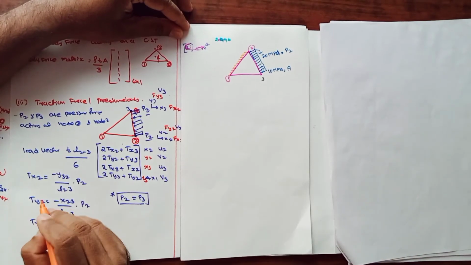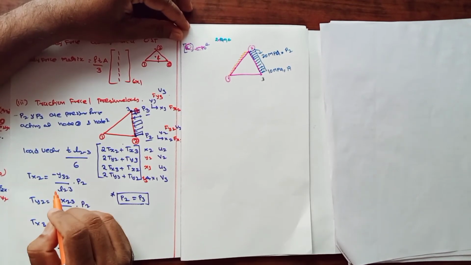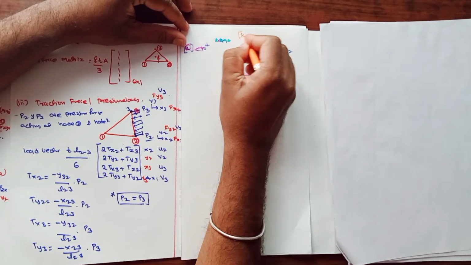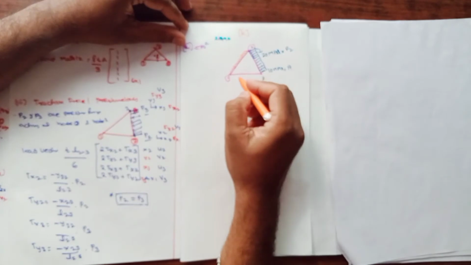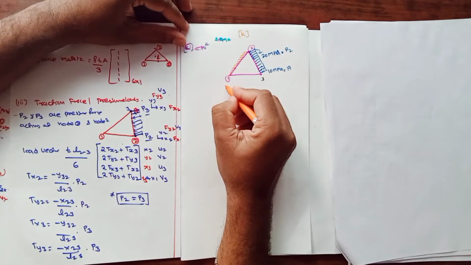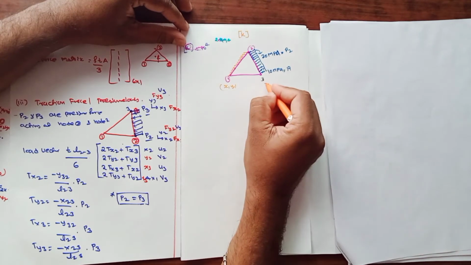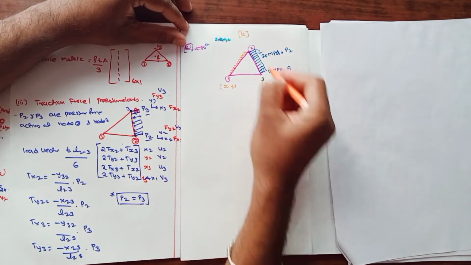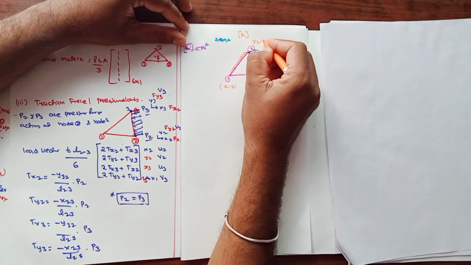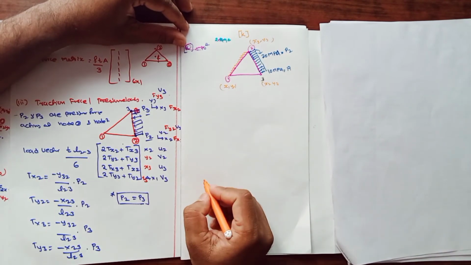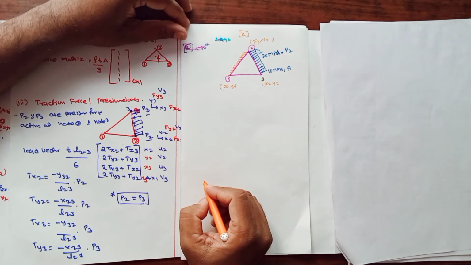So in continuation of the last class, we have found the stiffness matrix for a CST element. This was the CST element we took yesterday, with nodal point 1 at x1, y1, nodal point 2 at x2, y2, and nodal point 3 at x3, y3. It is given in the problem. And now let us take a few more assumptions to solve an exact finite element analysis.